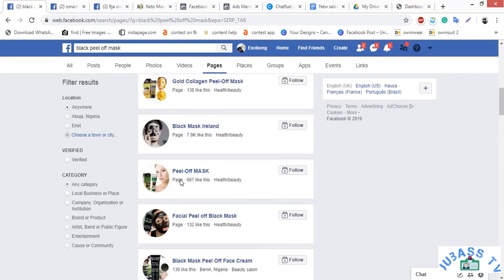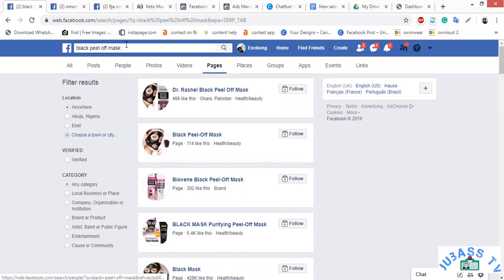Okay, so that is how to search for a product on Facebook. Now if you want to buy from somebody near you or somebody in, let's say, Lagos, then all you have to do is click here, choose a town, and the pages of somebody who lives around you will pop up. You can reach out to them and ask if they are wholesalers and negotiate.